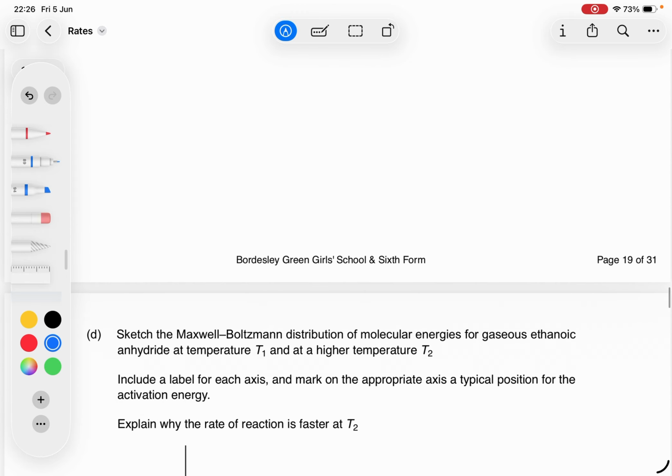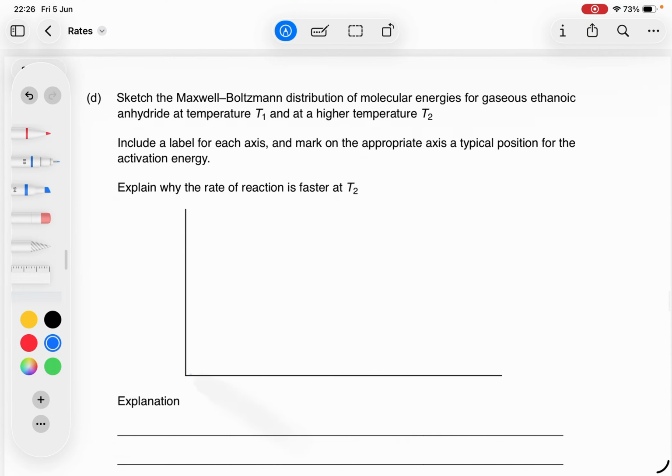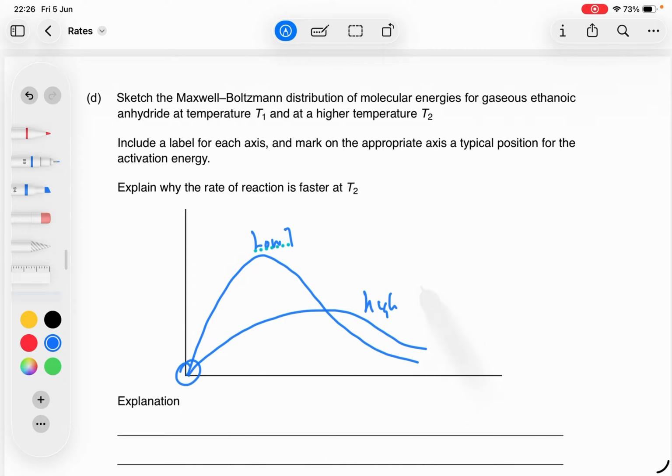And lastly, Boltzmann distribution at low temperature and at high temperature. It must start at the origin, that's high temperature. Label the axes: energy, activation energy, and the number of molecules with energy. At higher temperature, this is the additional number of particles that have energy above activation energy. And then that hopefully